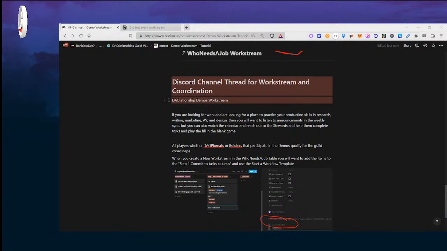But essentially, you'll find a link to the Who Needs a Job workstream and the administrative calendar. Yeah, they are actually in the pinned messages.